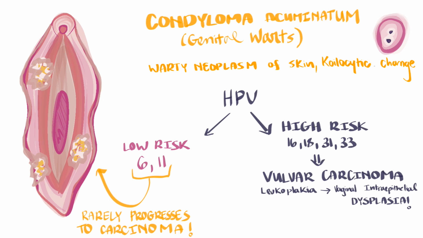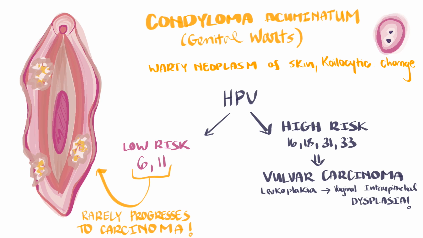HPV oncogenes that you should know about are E6, which is going to degrade P53, and E7, which inactivates RB. Both of those are important for when the cell is cycling between G1 and S, throwing on the brakes if there's been cellular damage. So what HPV does is that it creates a loss of tumor suppression by activating the